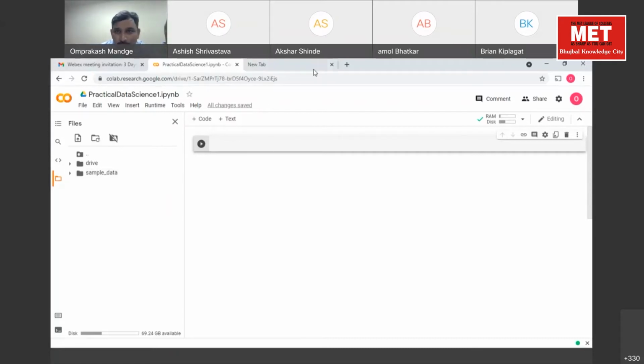I'll just move the pointer. Can you see the pointer? Let me know. Here on the right hand side you will find one option. This is the Mount Drive option. So click on Mount Drive.